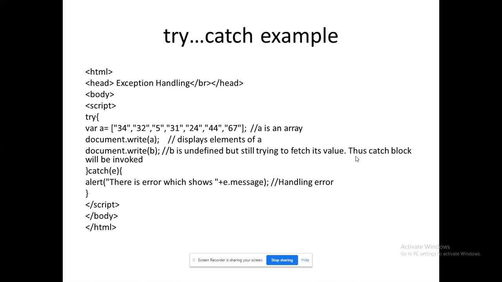So the program itself handles the exception, instead of the exception handling being done by the compiler or the script engine. We are not allowing the script engine to perform exception handling. We are performing exception handling and generating our own error message.